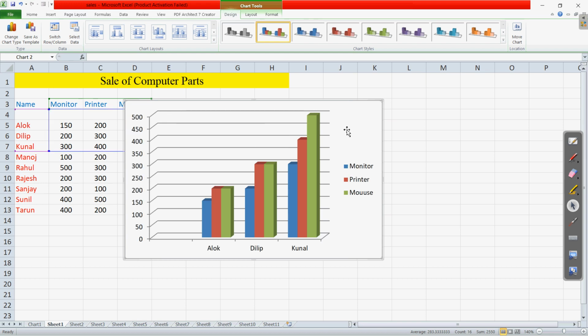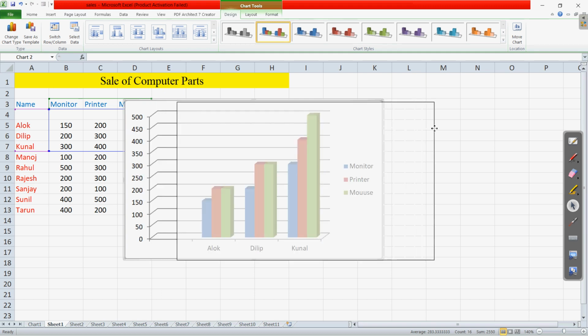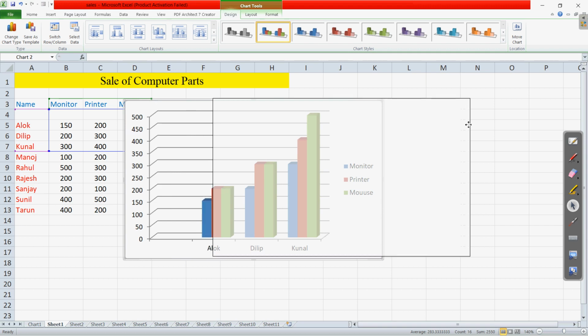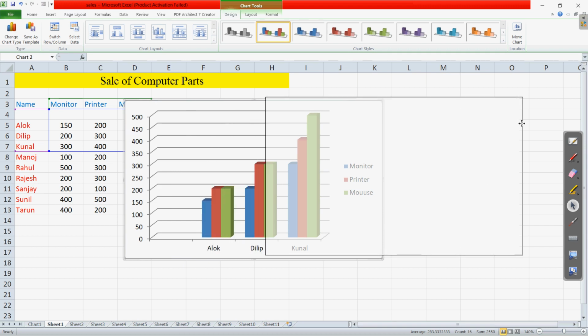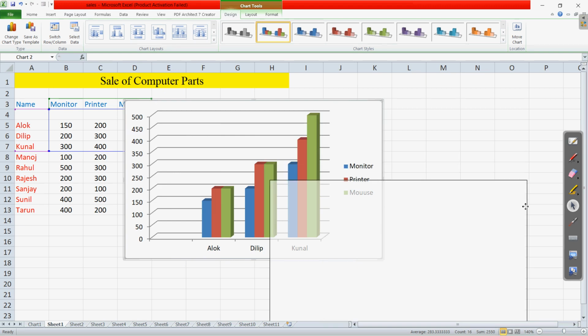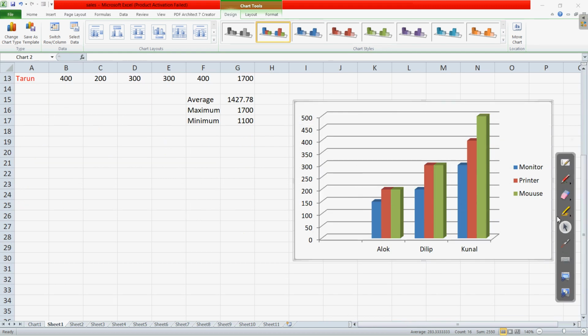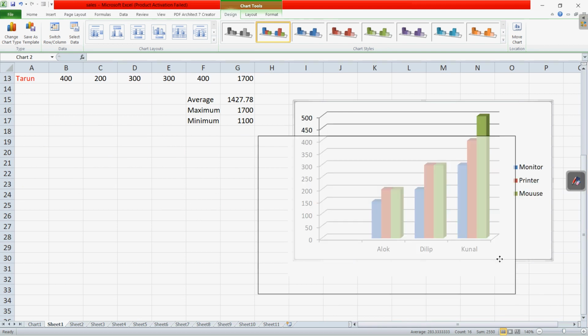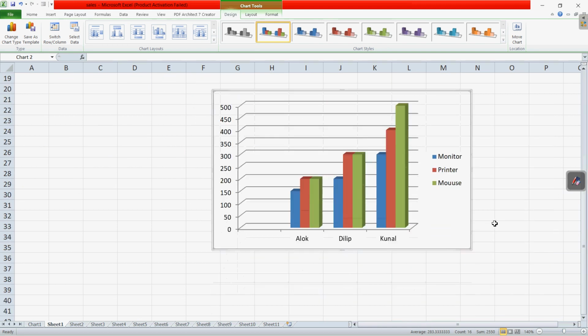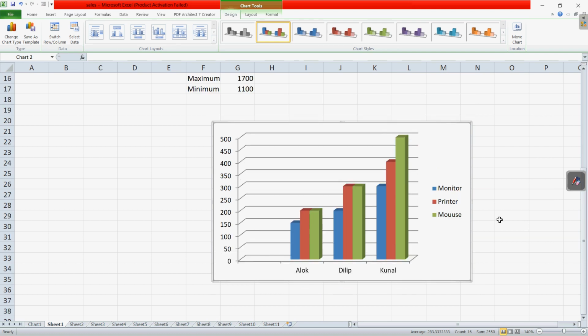Now we need to position it. When you click on this chart area, you can see the cursor changes to a corner type of symbol. So now click and drag. You can see a gray type of border which denotes that it is now being moved. Whatever the new position, drag it to the new position. Here you can see this is the new position, or if you want, you can change it again and drag it to another position. Clear? So these are the steps involved for repositioning or moving the chart.